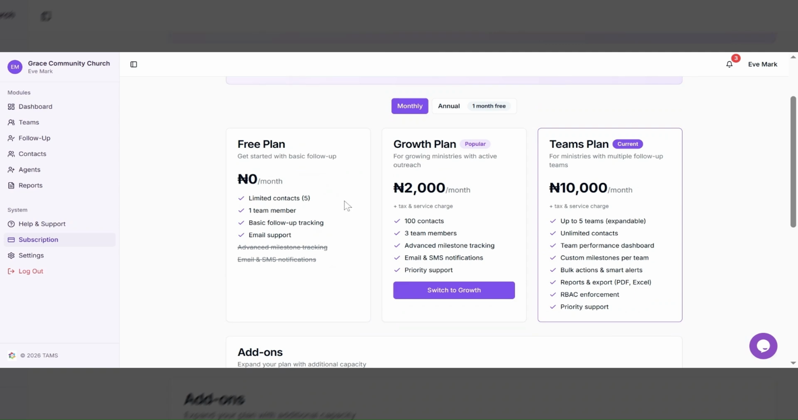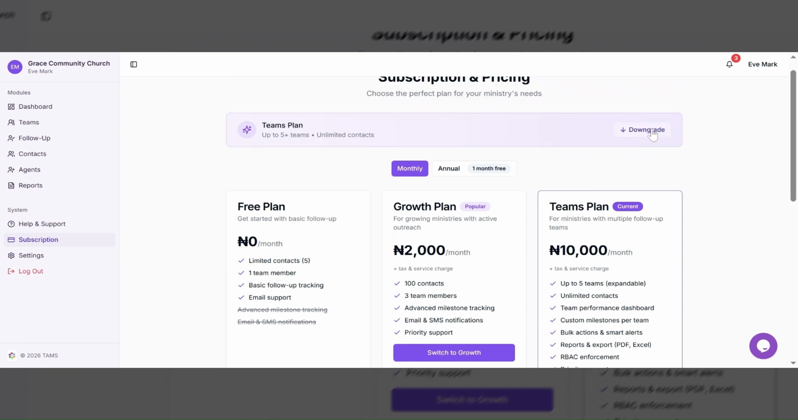Currently, this account is on the Teams plan. You can also downgrade if you don't want to be on the Teams plan. You can click downgrade and